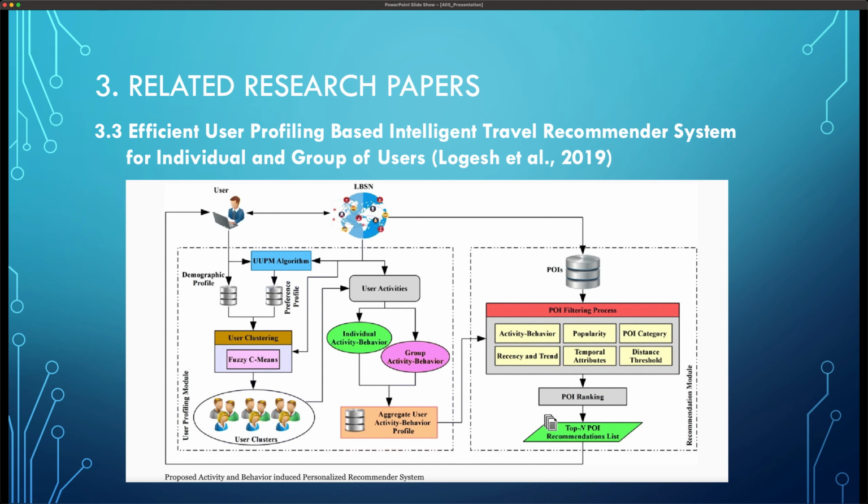So, this system includes two modules, namely a user profile analysis module and a recommendation module. The overall system architecture is shown in the figure. In the user profile generation model, the activity of the target user is analyzed to establish a summary activity profile. Then, the recommendation model will construct the activity behavior profile and rank it to form a recommendation list and provide the list to the target user of the activity.